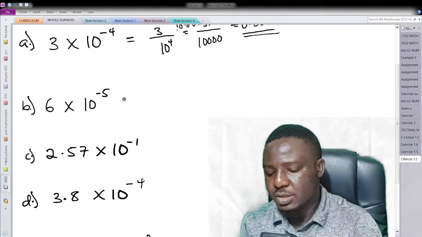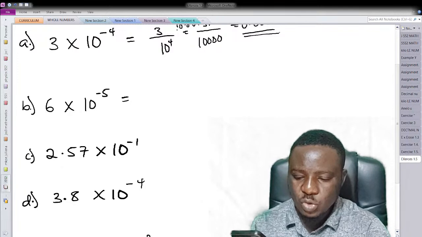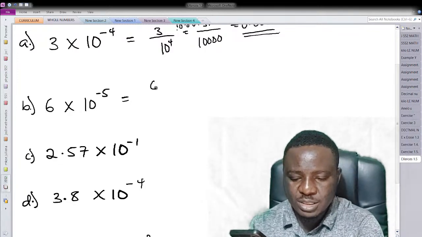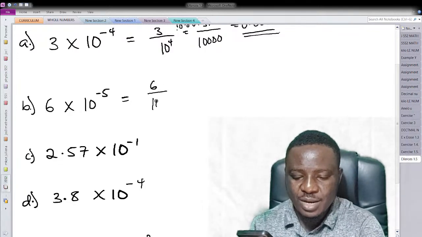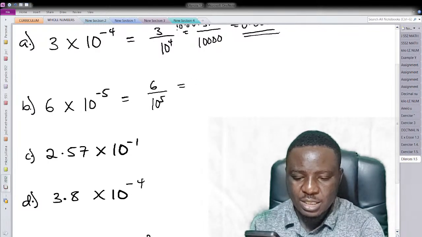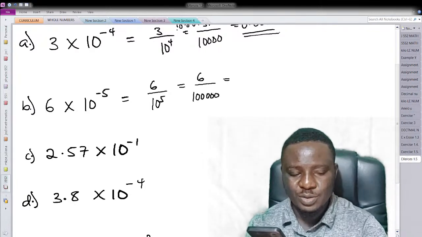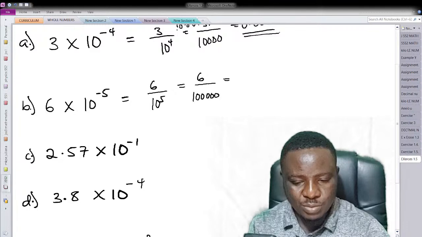B is 6 times 10 raised to the power of minus 5. So let's do it together. This is going to be what? 6 divided by 10 raised to the power of 5, right? This is equal to 6 divided by 100,000, and this is going to be